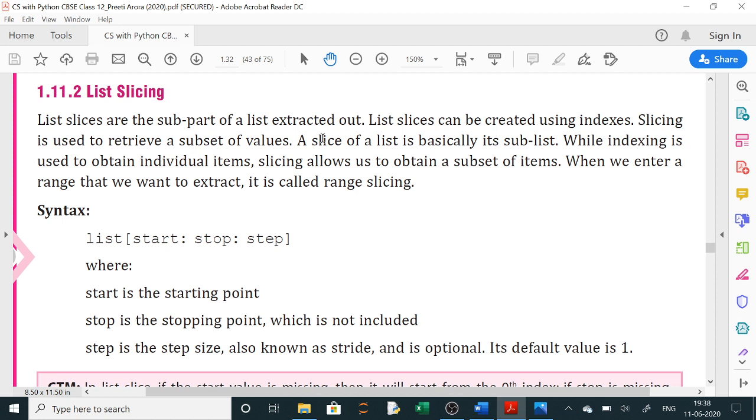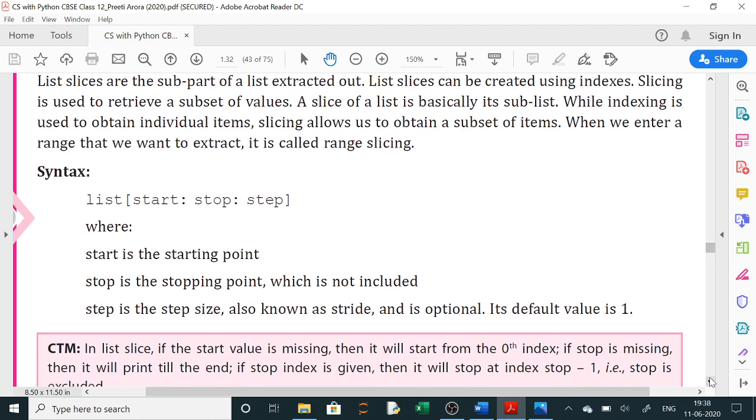एक बड़े list से एक part को extract करना है, जिसमें हमको start कहाँ से शुरू करना है, stop कहाँ तक जाना है, ये हमेशा एक बढ़ा के लिखते हैं, और step continuation में step value नहीं डालेंगे तो +1 होगा. If you are mentioning the step value, suppose 2 I have written, तो एक एक छोड़ के वो collect करेगा. So this is list slicing.